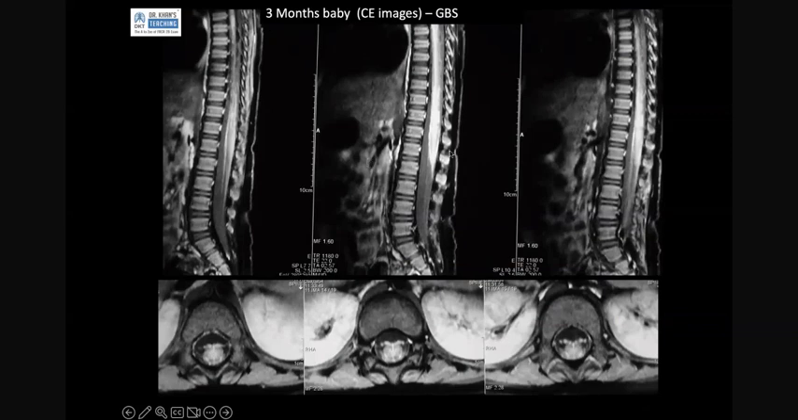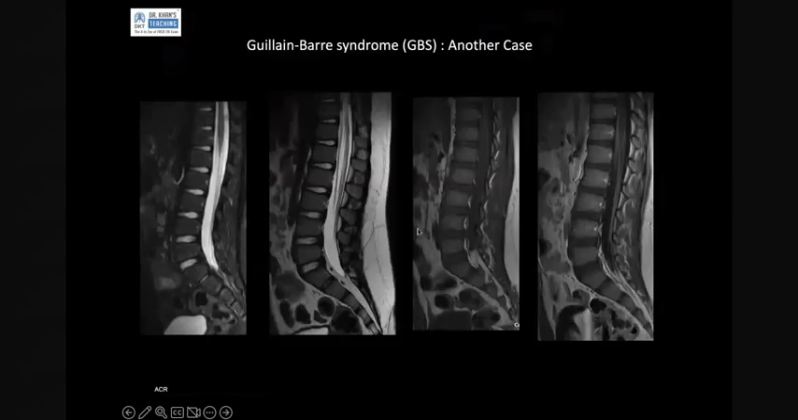This is a T1-weighted fat-saturated sequence where you can see that the whole of the cauda equina enhances. Now, if you see the axial, you can see the nerve roots, they are also enhancing. Guillain-Barré syndrome is an acute, ascending infection. It goes from down upwards. Another case of Guillain-Barré,